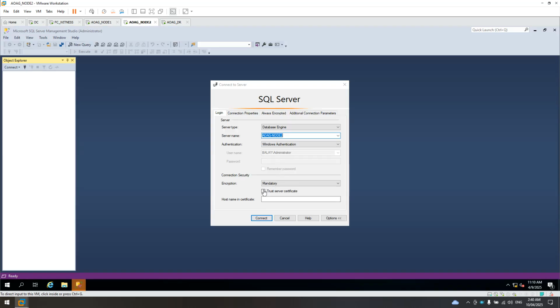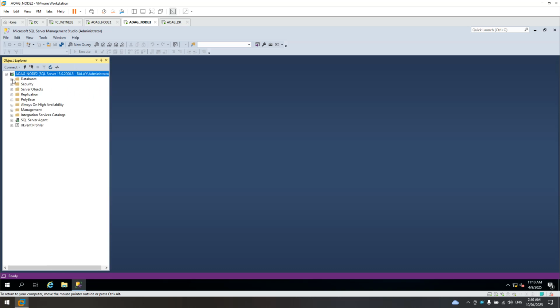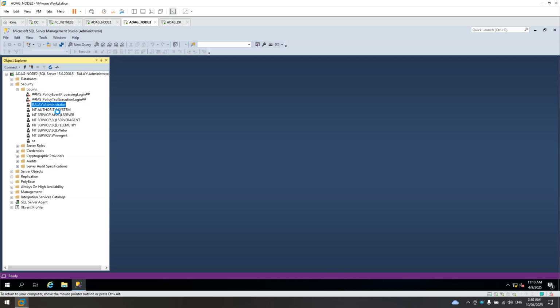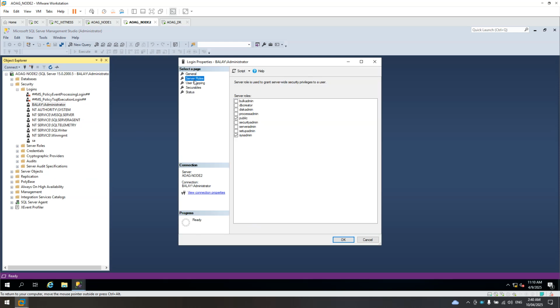Okay. Node 2, administrator, trusted. Connect. Okay, so let's check my administrator for system admin. Okay, system admin.